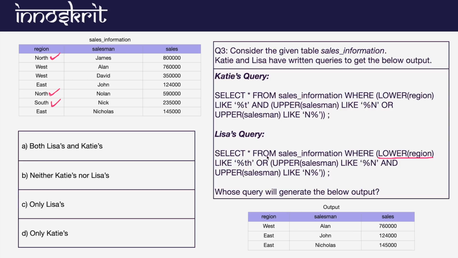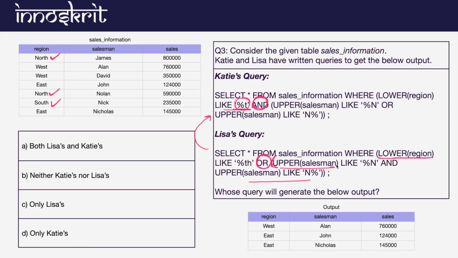But this is the OR condition, that either we have this thing or this thing. So in the previous case, we were filtering this result as per the percentage because we had an AND condition, right? But in this case we have an OR condition. That means we will have to again see all those results as per this query, right?